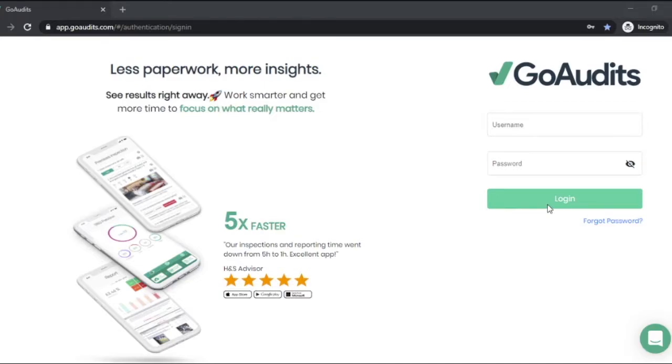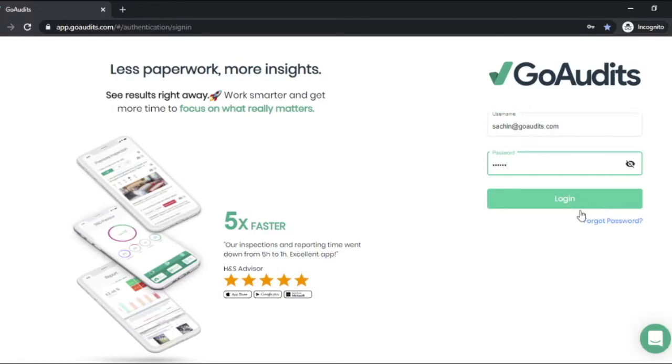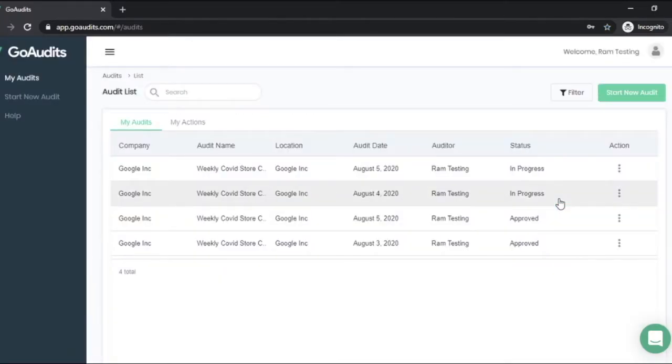The web app is available by going to app.goaudit.com on any browser, and then coming to this page, you'll have to use your credentials to log in. Once logged in, you will see this screen, My Audits, and here you'll be able to see all the audits